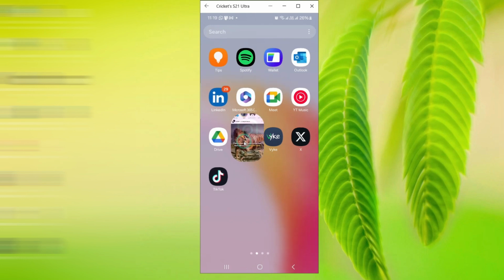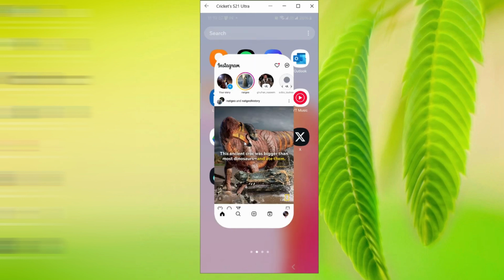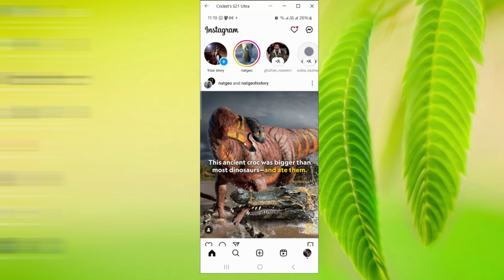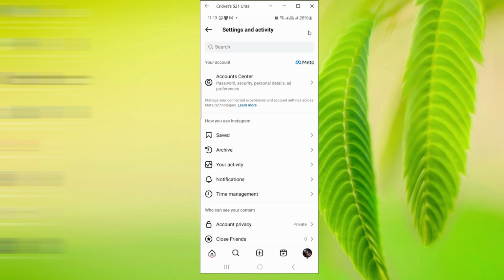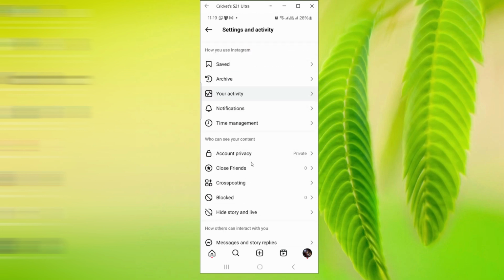So click the Instagram and open it, and after that on the bottom right side corner you need to click on your profile picture, and on the right top corner you will see three top lines. Click on that, scroll down,